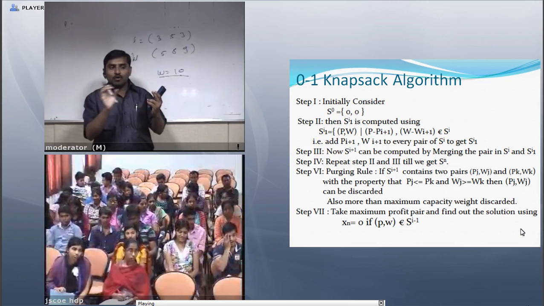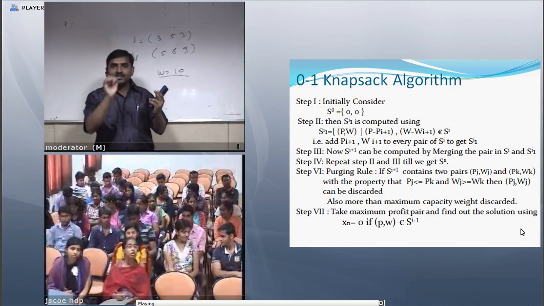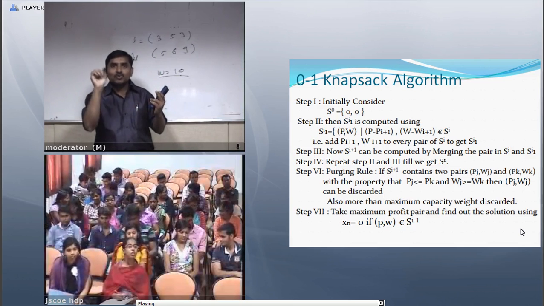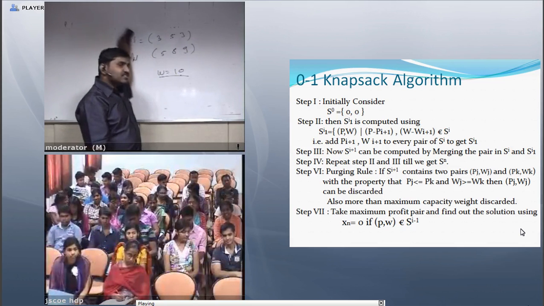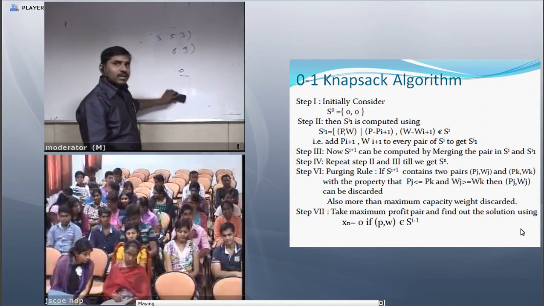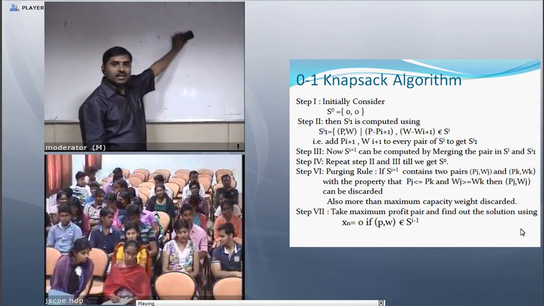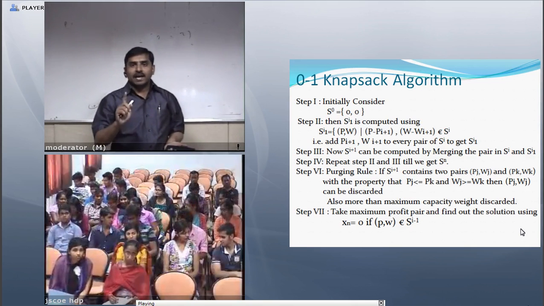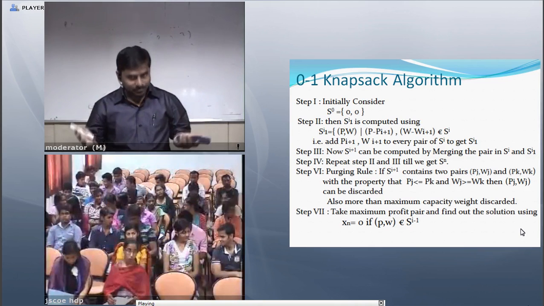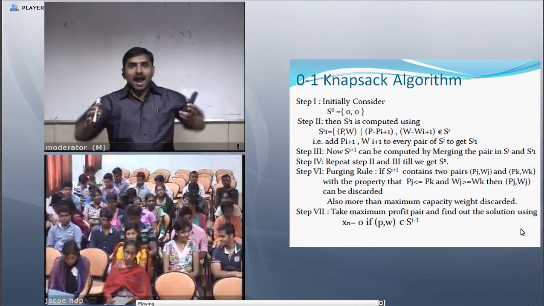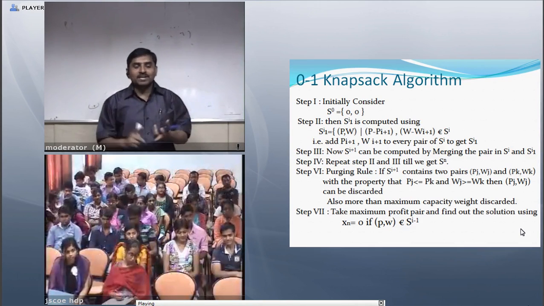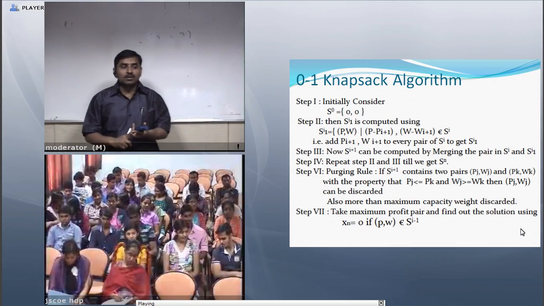I just apply the formula and compute S1, S2, S3. If the number of elements is 3, I calculate S1, S2 and S3. If it is 4, I calculate S1, S2, S3, S4. This is how I merge, by applying the merging rule.